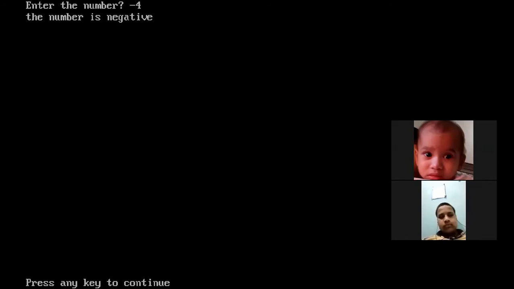We have taken two commands here, one is input and another one is print. Input means to ask the value, that's why it is waiting for the value. So as I type the value, that is -4, it will give the answer.